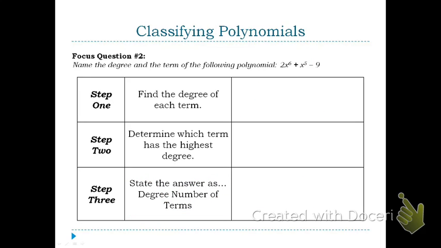Right. Second question, step 1, find the degree of each term. What's the degree of the first term? Go ahead. 6. The degree of the second term is? 5. And the degree of the third term is? 0. So our highest degree is the 6. Right? So the name of this expression is called a